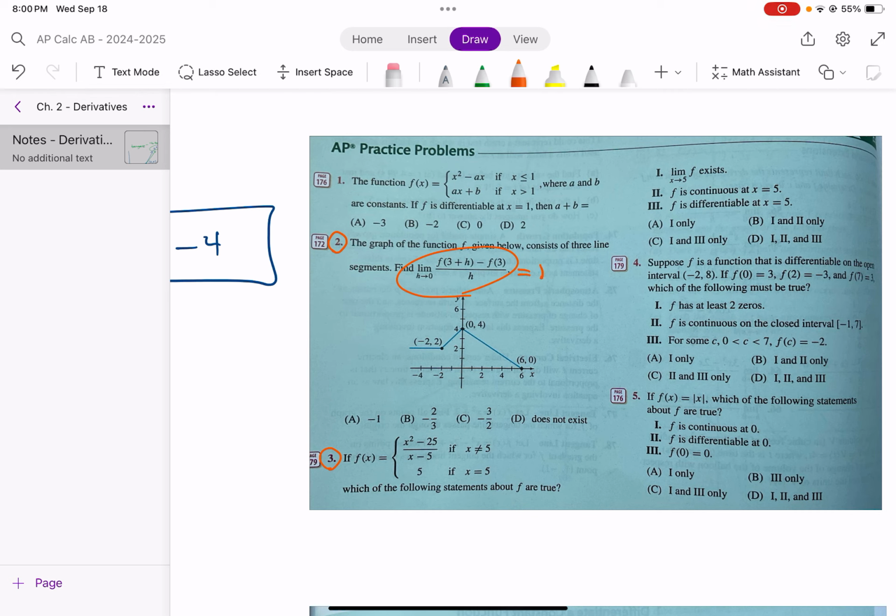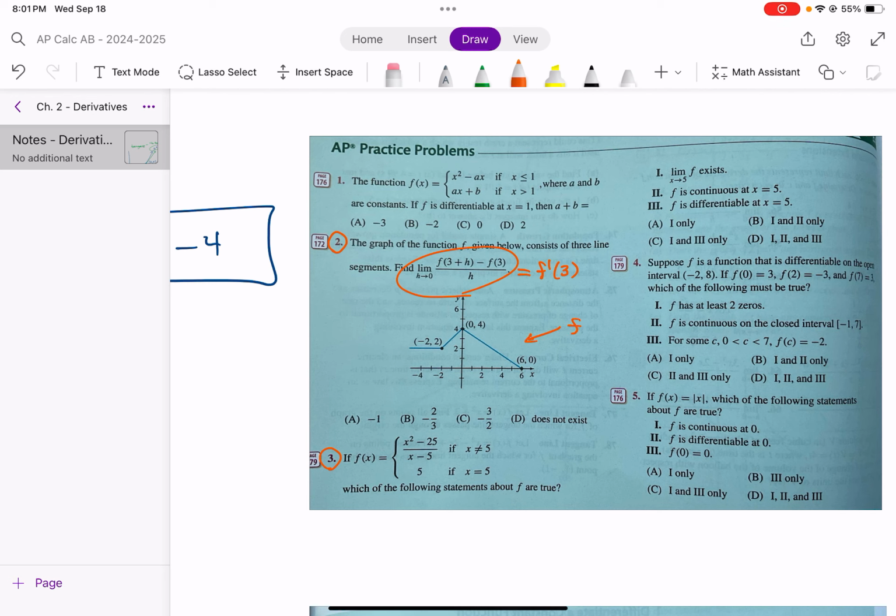This is the derivative, f prime, but evaluated at 3, right? It's the derivative of f evaluated at 3. So this is some kind of numerical answer, right? We should get some sort of number here. Okay, if you are able to piece that together, now you have another trip here, because this graph is the